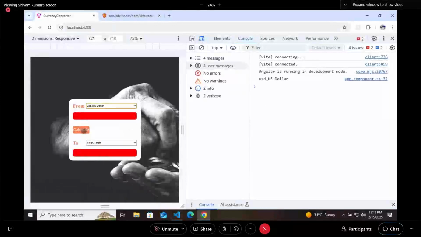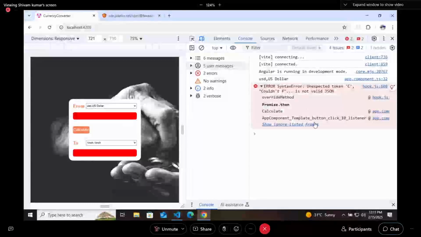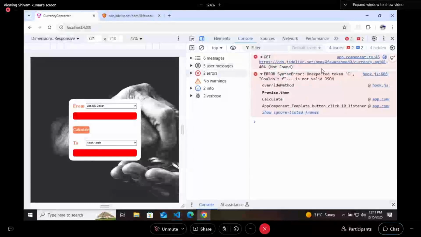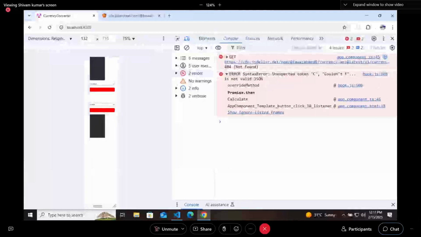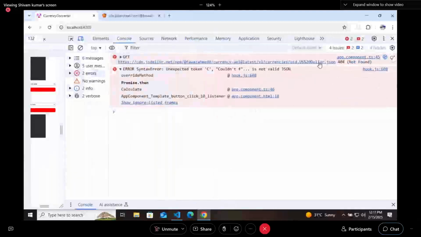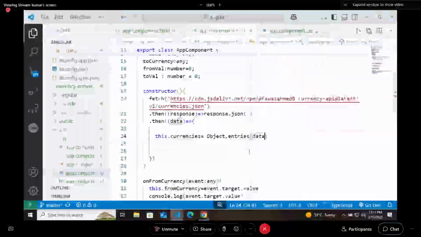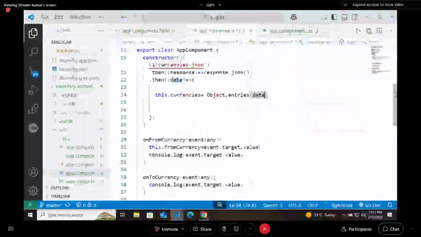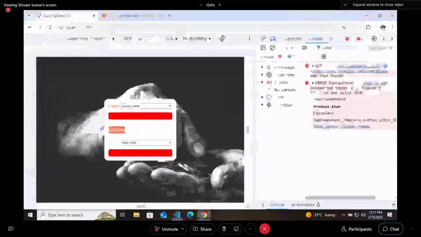And when you are trying to calculate, the problem with Object.entries is that it will not be able to find that particular link, because the value will come in this way: USD hyphen US dollar. So understand how event dot target dot value will come.